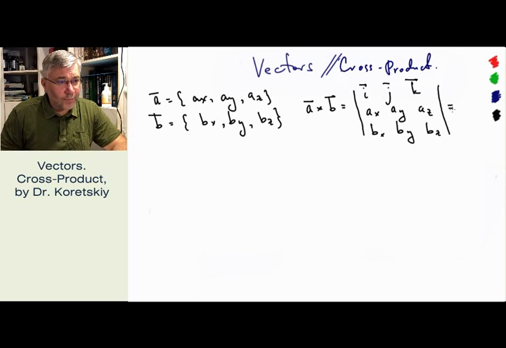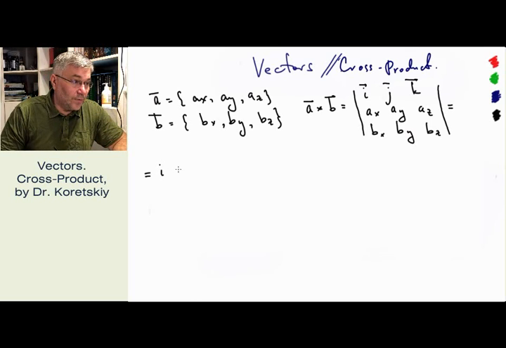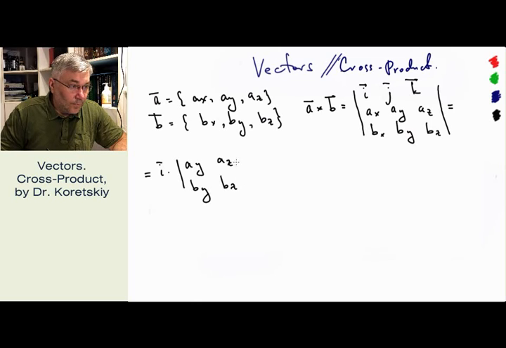If you expand this formula, you can use the regular rules for calculating determinants of 3 by 3 matrices. It gives i vector times the determinant, or minor, with ay, az, by, bz,